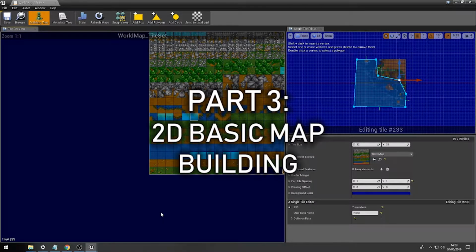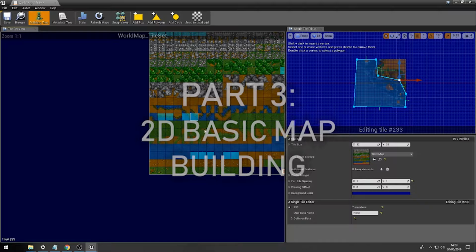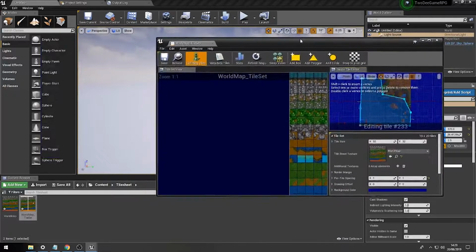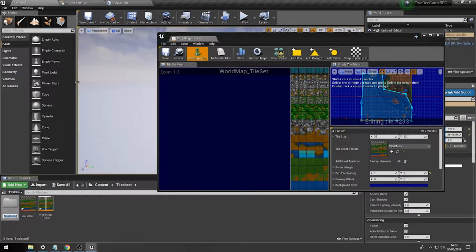Hi folks, so in this video we're going to start some basic level design. As you can see, I've applied some collision to some of the tiles that I'm going to actually use within this, and I've just neatened it up a bit around the actual coastline here. So to build an actual level, we're going to first of all create a new folder, just like so,